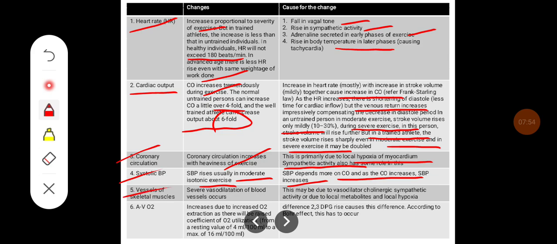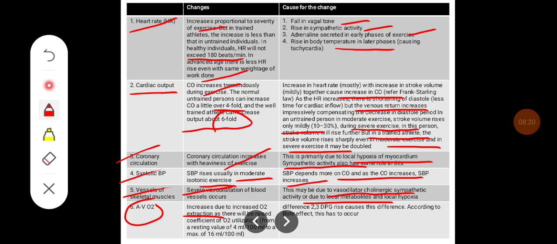Effect of vessels of skeletal muscles. There will be severe vasodilatation of the blood vessels during exercise. This may be due to the vasodilator effect of cholinergic sympathetic activity or due to the local metabolites and local hypoxia. The artery-venous difference is increased due to the increased oxygen extraction, as there will be raised coefficient of oxygen